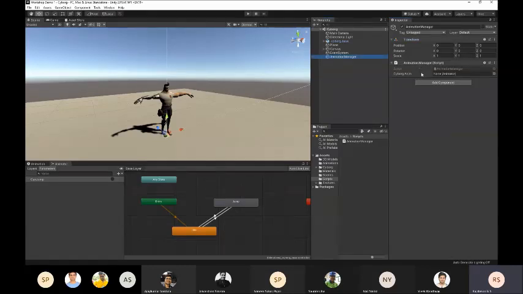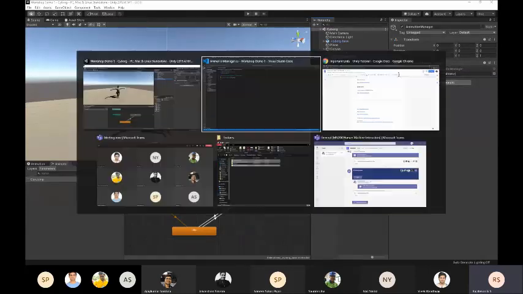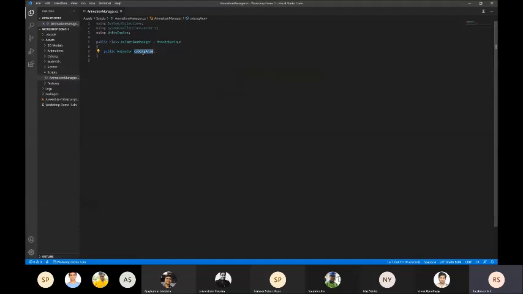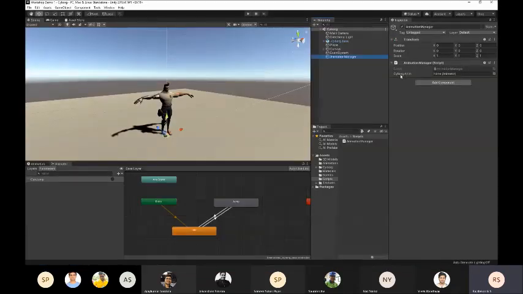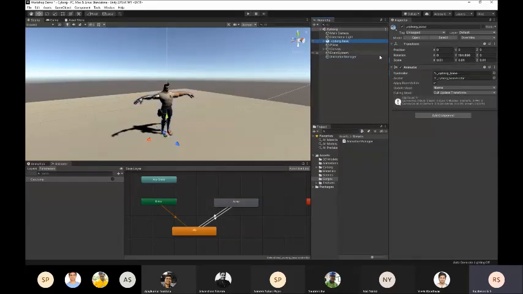So your script, you can see it attaches as a component, right? So you can see the cyborg anim variable we declared here. You can see that variable come over here in the inspector menu. And right now it says none because Unity does not know which animator you're referring to. And you can see the variable type is in parentheses over here. So now we need to tell Unity that we are referring to Cyborg's animator, right?